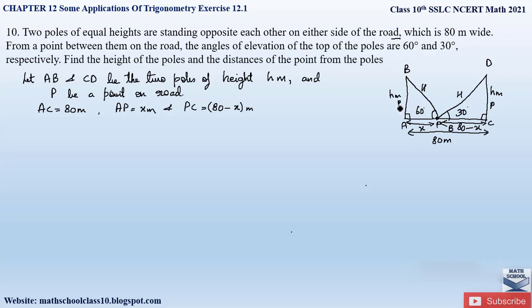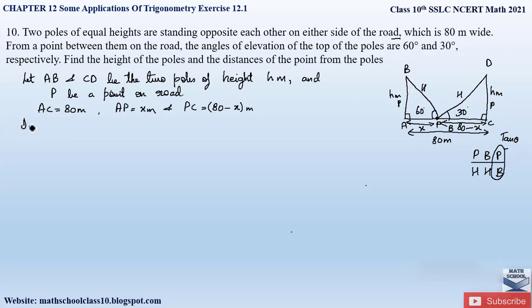So we will use the ratio perpendicular by base. That is formed by which trigonometric ratio? Let us find out by writing down this fraction, that is perpendicular divided by base, right? So perpendicular by base is given by the tan trigonometric ratio, or tan theta. So let us apply the tan trigonometric ratio in the triangles ABP and PDC.